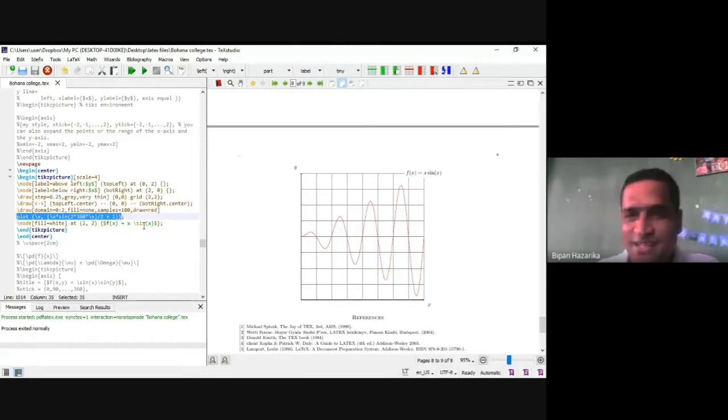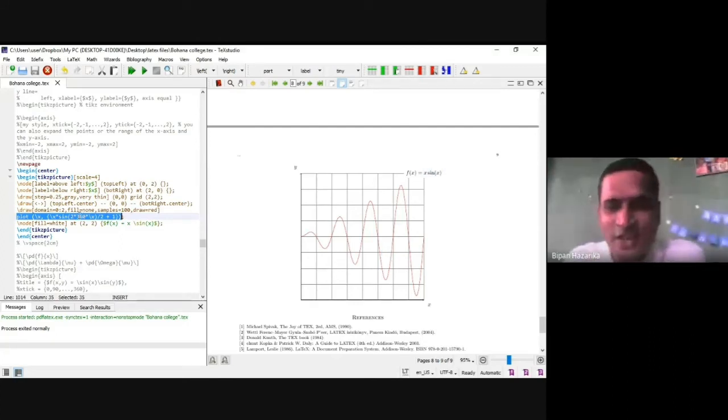Or within this bracket, if you write this, we show this function. So our main function is plot: plot x into sin x. We write this command. So this is the x sin x function. If you change x, automatically your figure changes here. So within the text files, we can draw different figures.